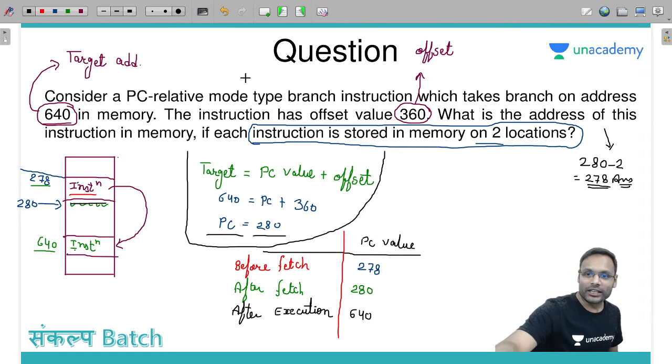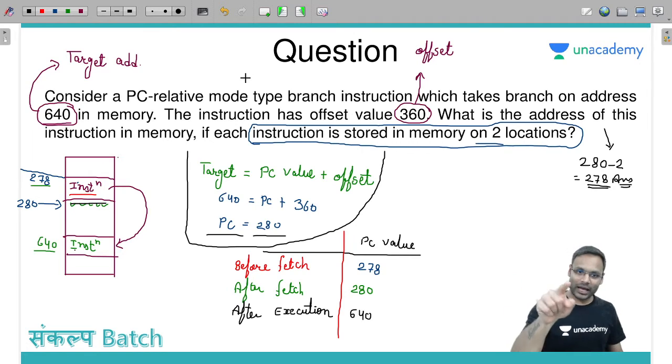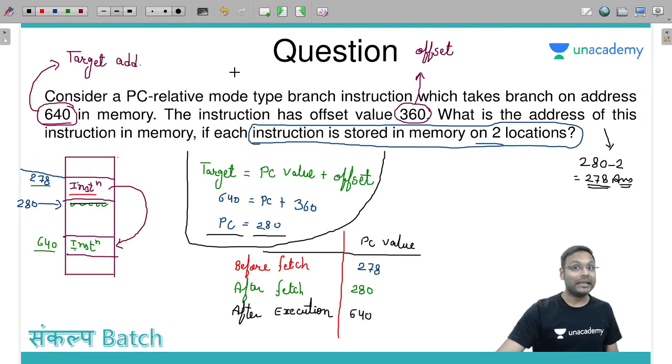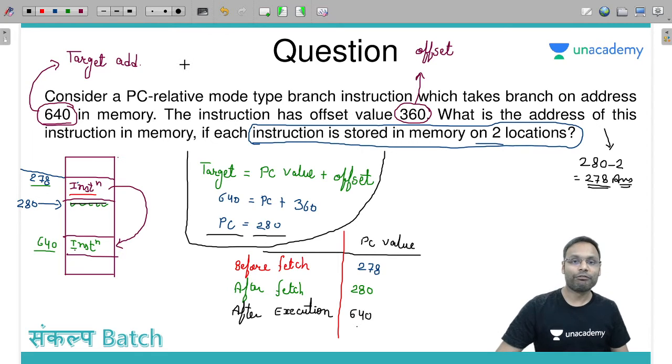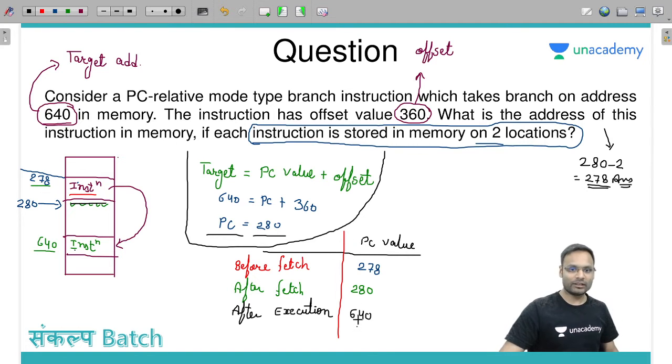Yes, okay. चलिए, तो अगर इतना आपको क्लियर है तो याद रखें कि अगर कोई ब्रांच टाइप का इंस्ट्रक्शन है और उसने जंप लिया है, ब्रांच लिया है, जंप करना अगर है तो पीसी का वैल्यू आपको अपडेट करना पड़ेगा टारगेट एड्रेस से एग्जीक्यूशन फेज में. अगर वो जंप नहीं करता तो हमें जरूरत नहीं थी पीसी की वैल्यू चेंज करने की. हम फिर नेक्स्ट इंस्ट्रक्शन 280 पे जो रखा था उसी को ही फेच कर लेते. पर जबकि जंप होगा तो फिर हमें जंप करना पड़ेगा, तो पीसी की वैल्यू चेंज करनी पड़ेगी जंप के केस में. ठीक है,